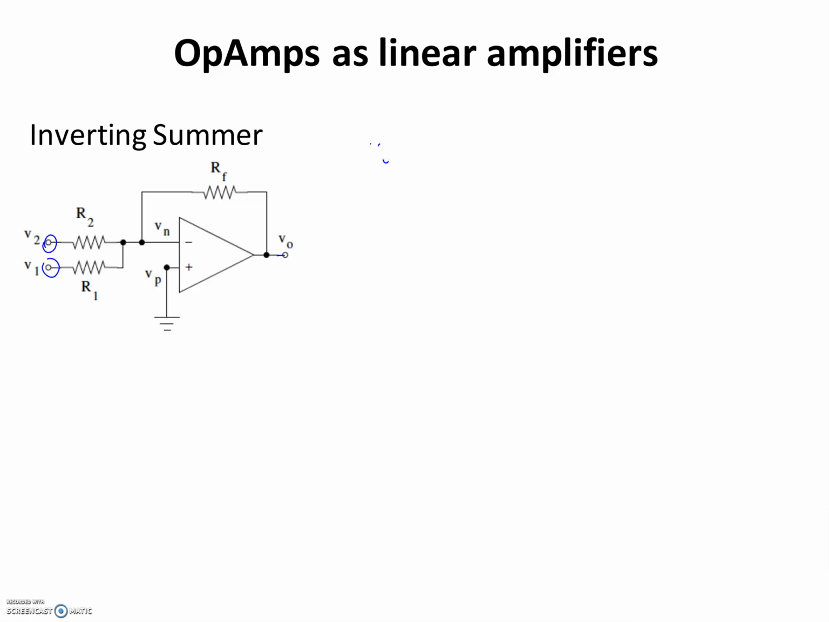Let's write it this way: Vout is going to be negative A times V1, negative B times V2. So the coefficients have a negative sign, and again, the output is linearly related to V1 and V2. I'm going to use the node voltage analysis method to calculate the coefficients in this expression. So at node n, I can write Vn